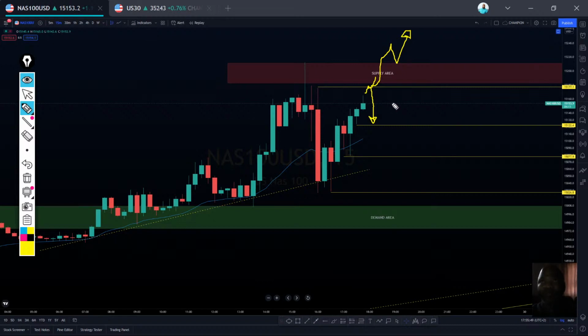That will confirm that our price is still on the bullish trend. So if it breaks it, and if it respects it and doesn't break the area,